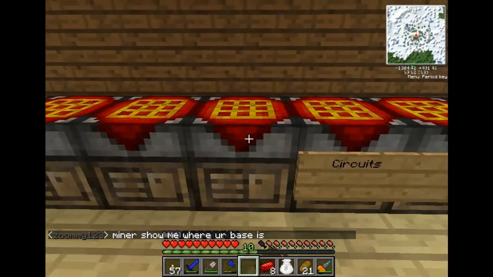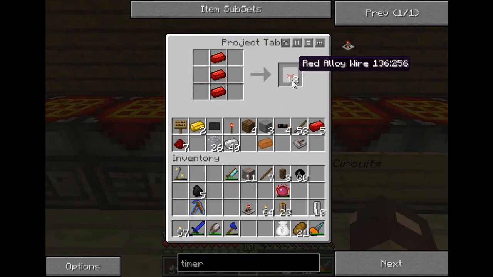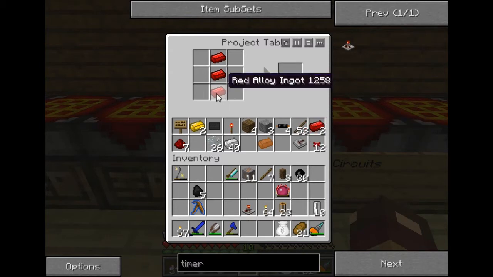Well, primarily it's just red alloy wires. Oop, you have to actually stack them vertically. It does not work horizontally. I don't know why. So now if I take this and I